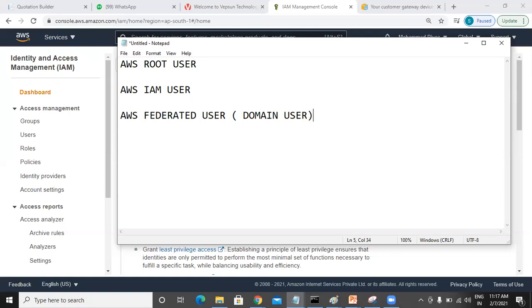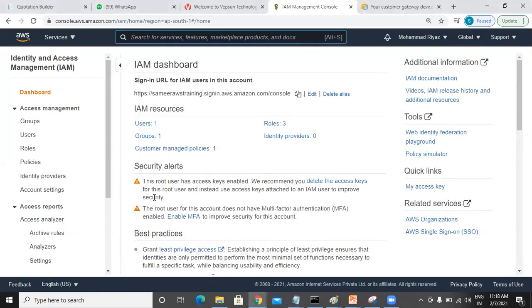An IAM user is nothing but where a root user can define a set of privileges, a set of permissions to this IAM user. Which means, let's assume that Deepika is a root user. Now in her organization, there are 4 admins who are working, and Deepika wants to provide the permission to those 4 users.